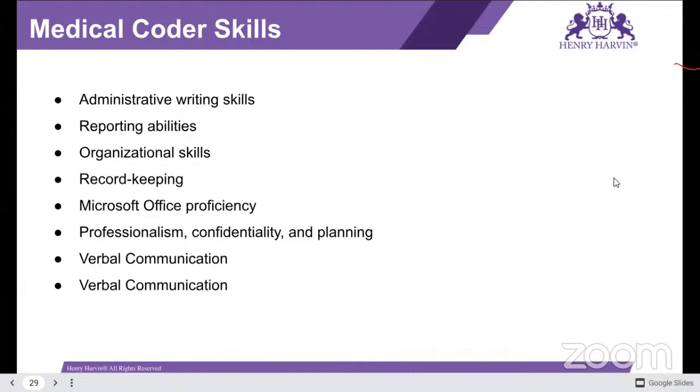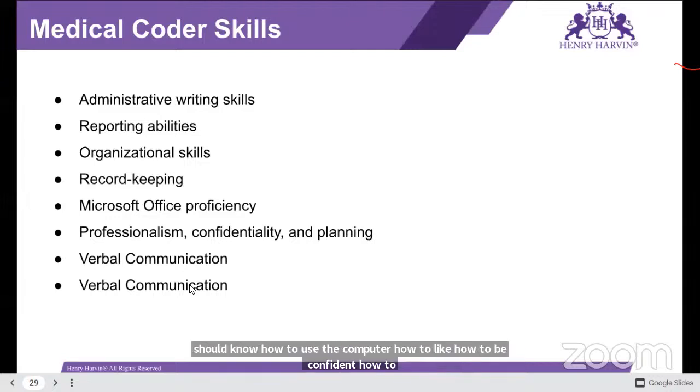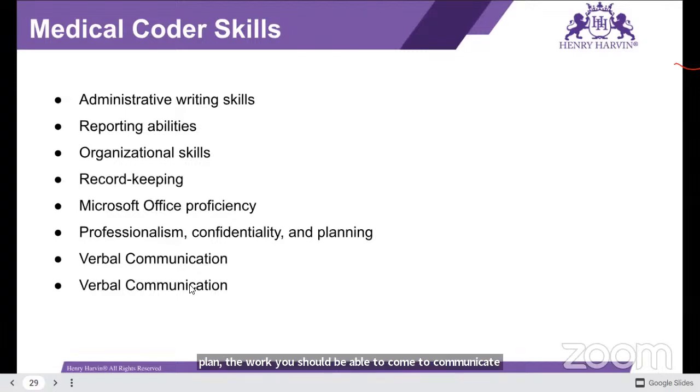I have told you what books you have to study: ICD, CPT, HCPCS, then language of medicine. But apart from all this book knowledge, what skills should a coder have? Skills in the sense of administrative skills, reporting, organization, record keeping, Microsoft Office. Professionalism should be there, confidence, planning, verbal communication. So all these soft skills have to be within you. You should know how to use the computer, how to be confident, how to plan the work. You should be able to communicate with your teammates. These are nothing big,